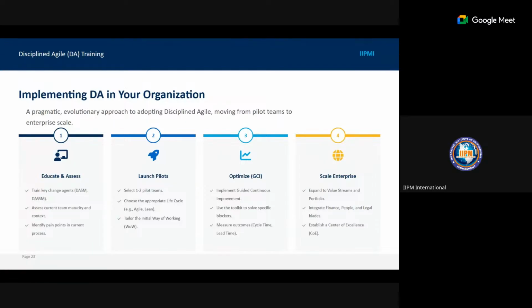So you implement your GCI, use the toolkits to solve specific blockers, and measure outcomes like your cycle time, your lead time, and others. Then you scale the enterprise, that's make it open to every aspect of the enterprise. Expand the value stream and portfolio, integrate finance, people, and legal blades, and then establish a center of excellence for your DA.